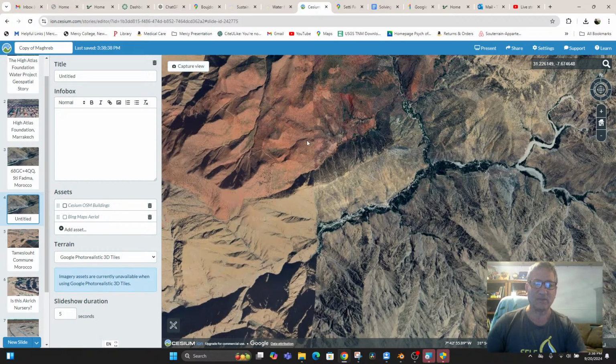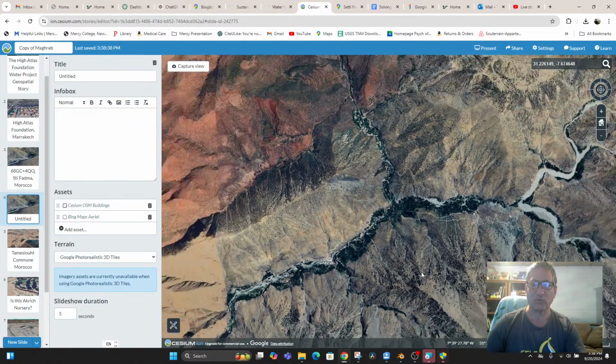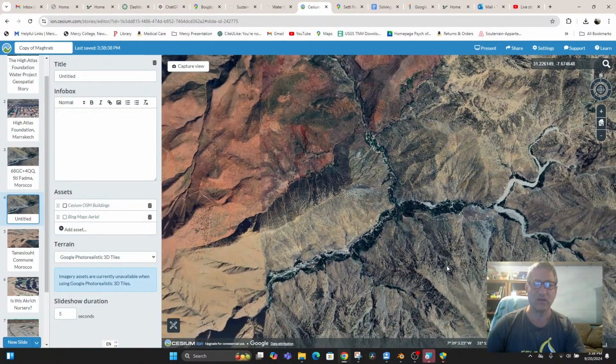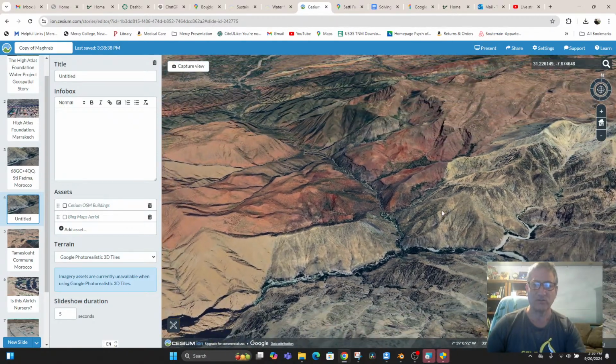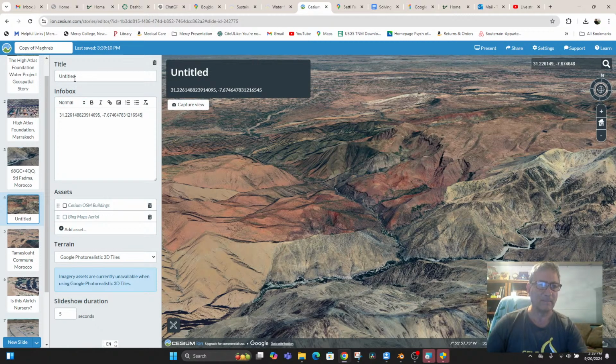I'm going to zoom in a little bit, and maybe tilt a little bit too so you can see the terrain. There we go. And I'm going to capture that view, and then I'm going to put in here that this is Sidi Fadma,